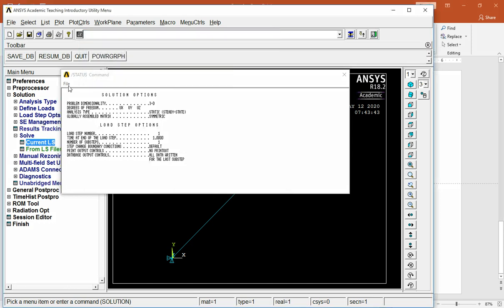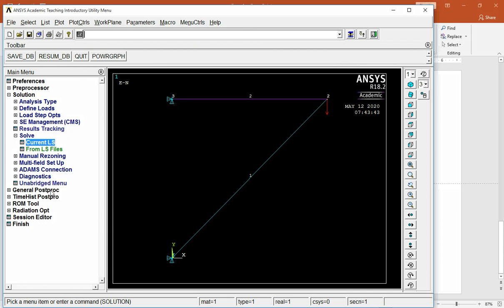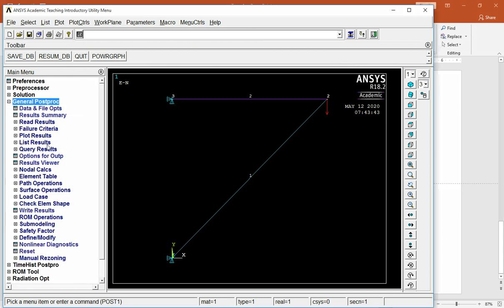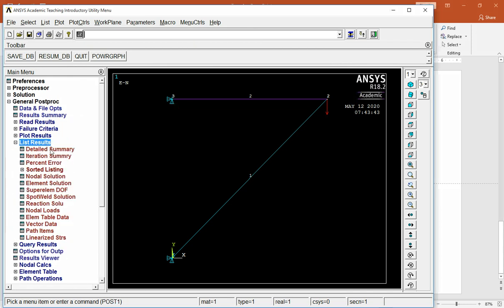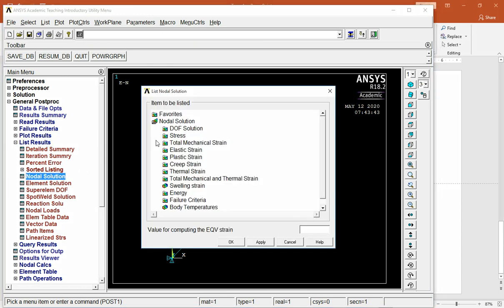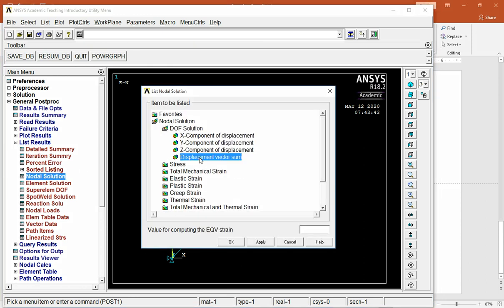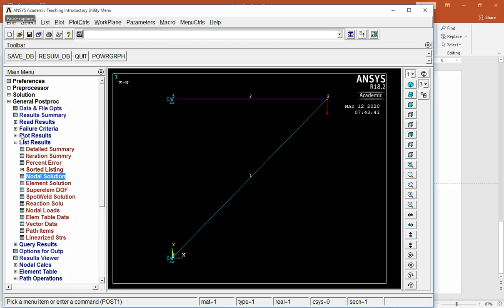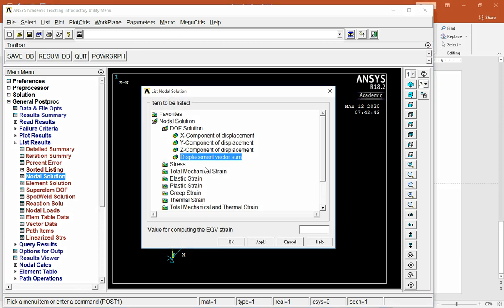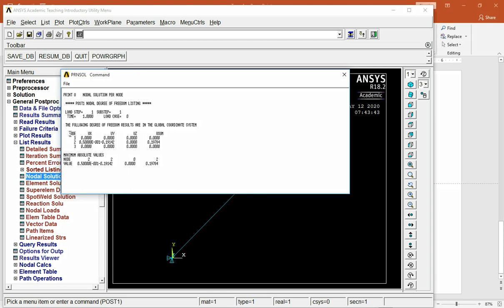The solution is done. Close this information window, then go to general postprocessor, list results, nodal solution, DOF solution, displacement vector sum. Click on OK, and this table will give you the node-wise displacements in X, Y and Z direction, and also the vectorial sum of the displacement.